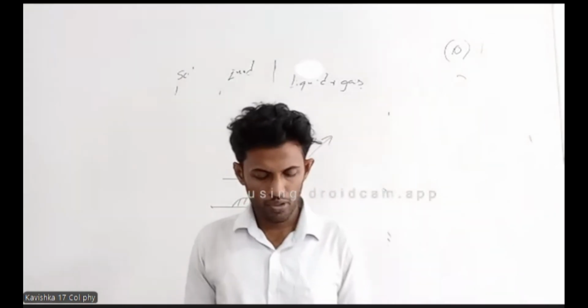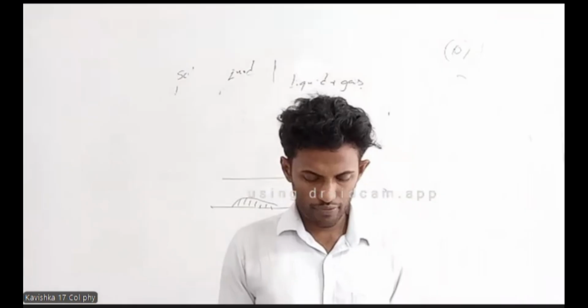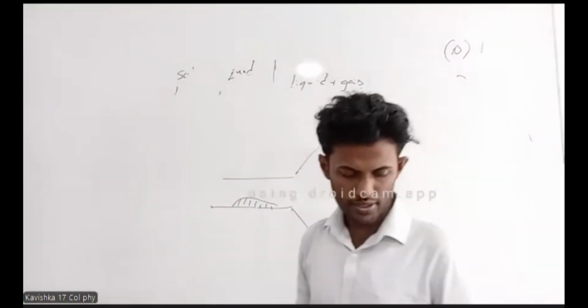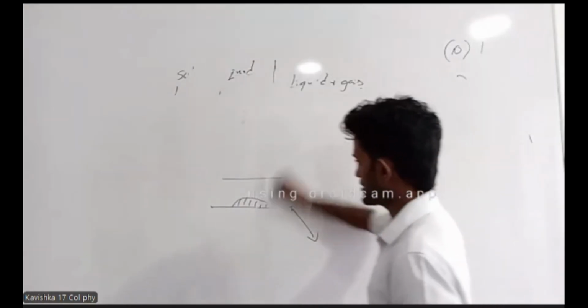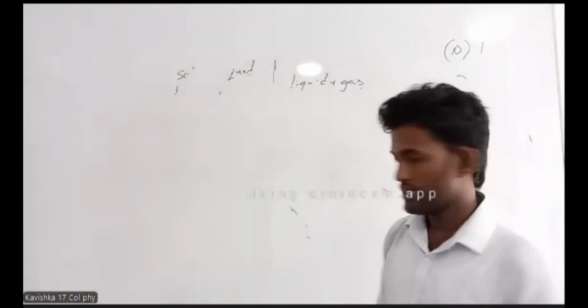The 12th one: the number of moles of which substance is similar to the number of moles of 11 grams of carbon dioxide. How to find moles when you have mass? What is the equation? Simple: n equals